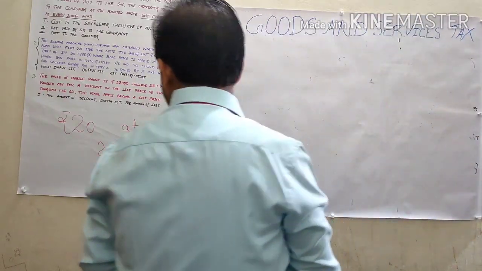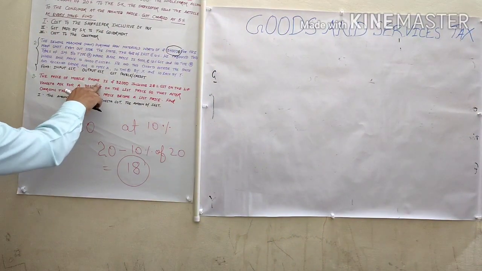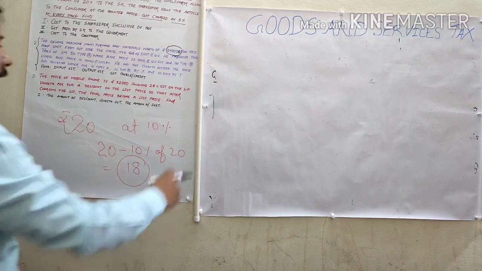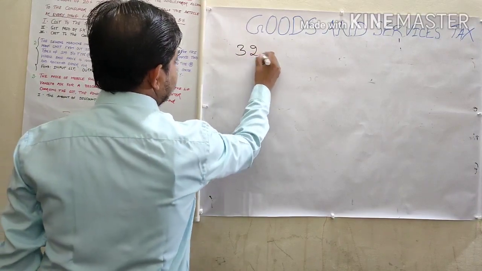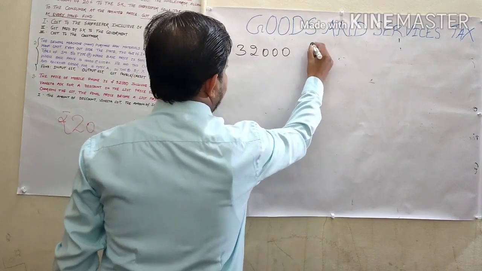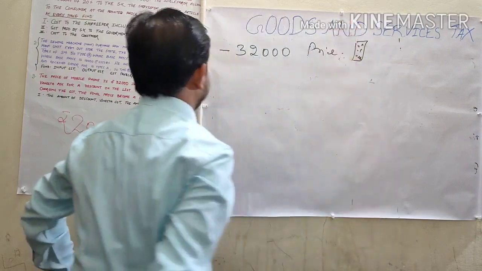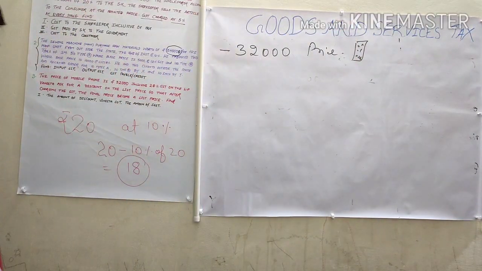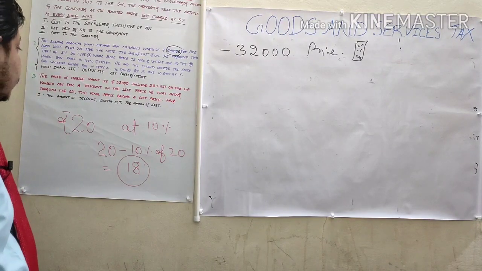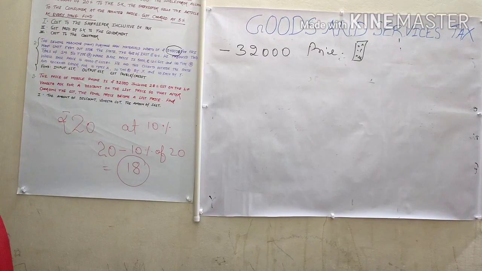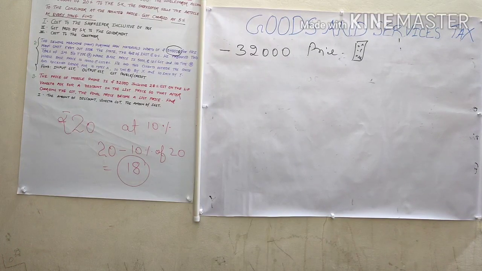Third question looks like a long question. But what happened here? The price of mobile phone is 32,000. Suppose the price of mobile phone is 32,000, inclusive of 28% GST on the list price. Vinita asked for a discount on the list price, so that after charging the GST, the final price becomes the list price.